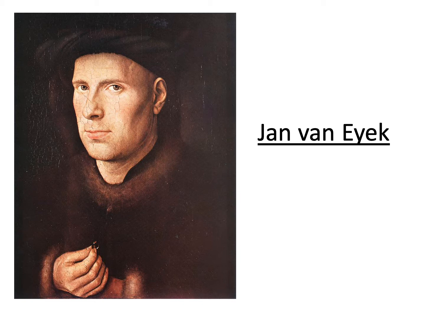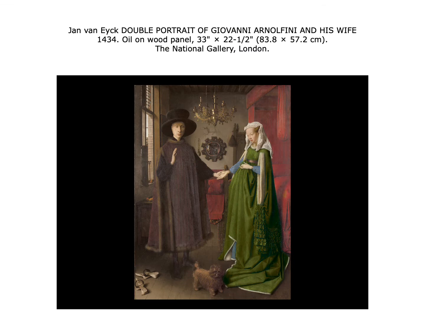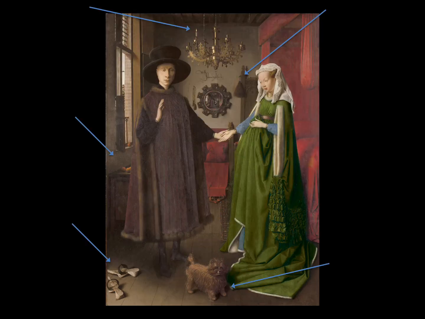Originally, we credited Van Eyck with the invention of oil paints, but we know that Robert Campin had oil paints to paint the Merode altar scene, and so because of that, we say that he popularized oil paints. He was the court painter for Philip the Good. And here you see the Van Eyck wedding portrait.